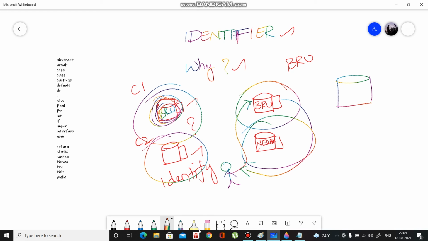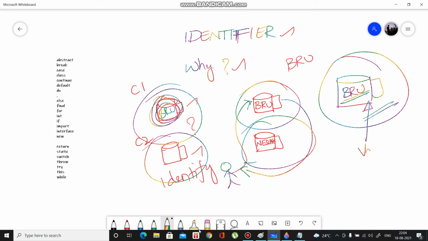For example, this is a container, and a container is nothing but a variable. To find a variable, you need to identify it, and to identify a variable you give it an identifier. So this is a variable and this is an identifier.